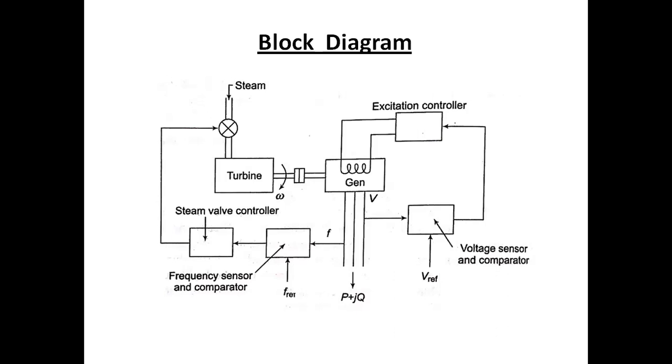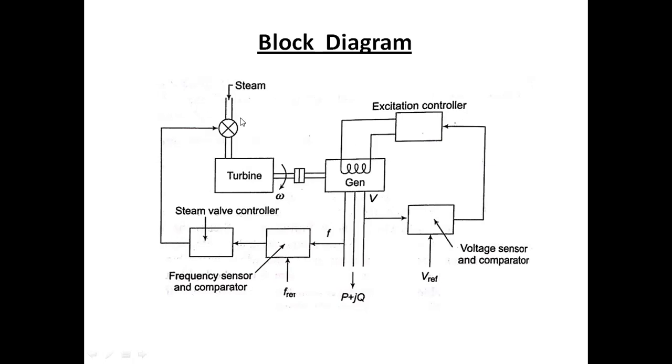mainly two parts. On the left hand side, you can see this is your automatic load frequency control part, which is operated by a speed governor system, turbine and generator module. And on the right hand side, we have the automatic voltage control. Now, the automatic load frequency control is mainly a mechanical system, so here the transfer function time constant is larger. But in the case of automatic voltage control, this is mainly an electrical system, and here the time constant is faster.